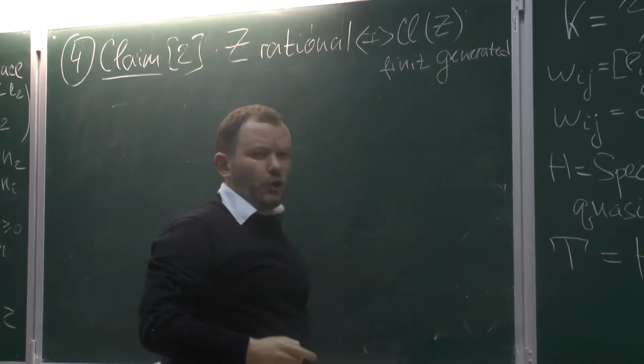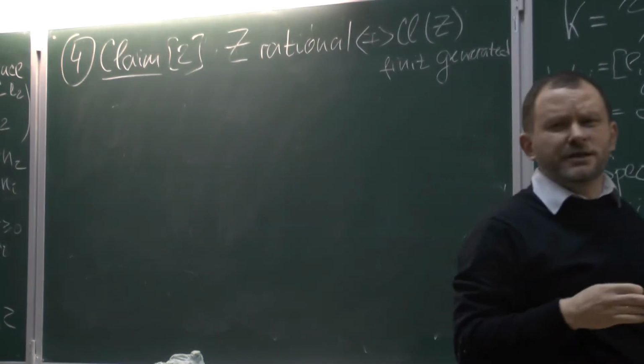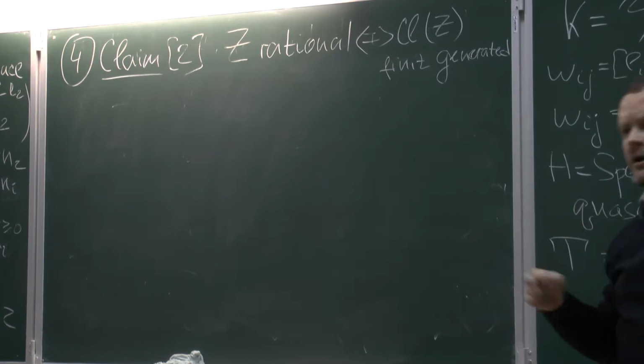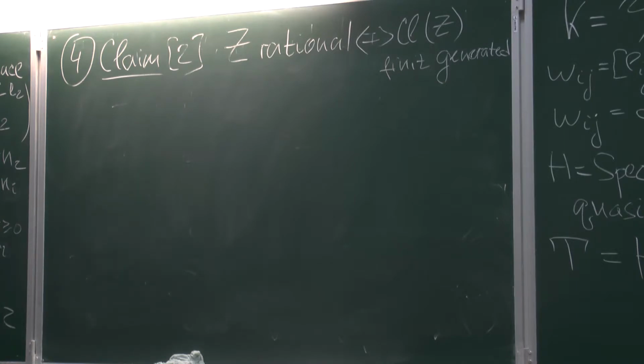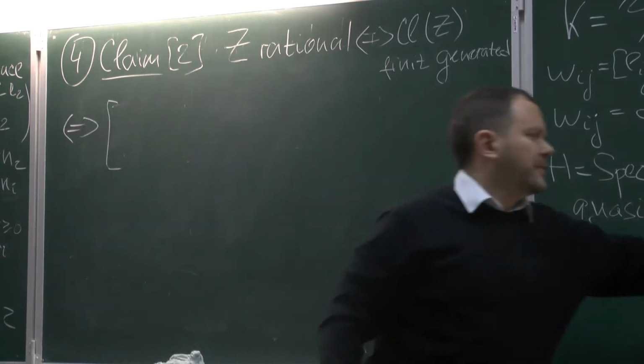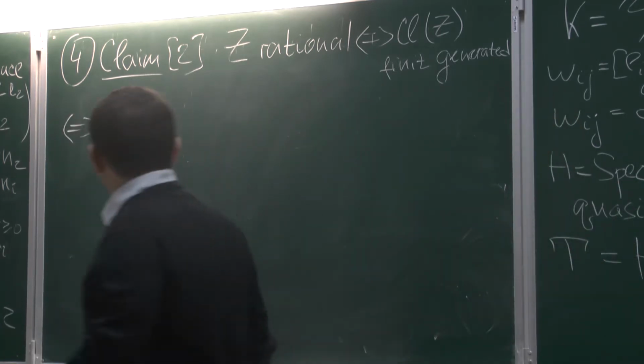In one direction, this is always the case. For a rational variety, the divisor class group is always finitely generated, but not vice versa. And in this case, this is equivalent. And the condition will be the following. Again, some conditions on the exponents. Either my number d has the following form.